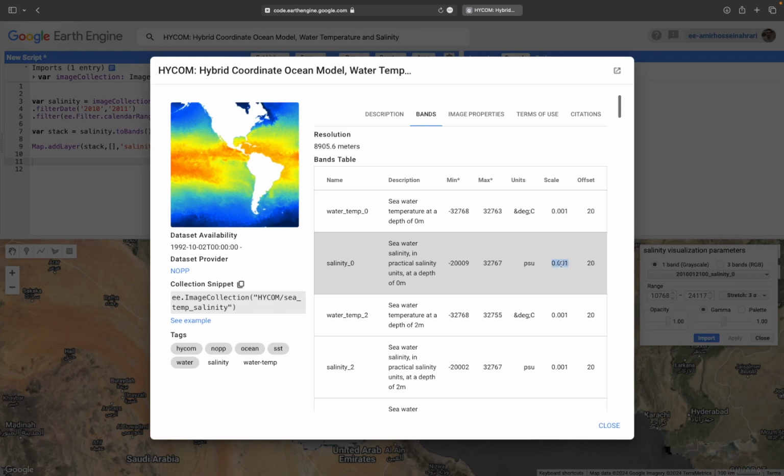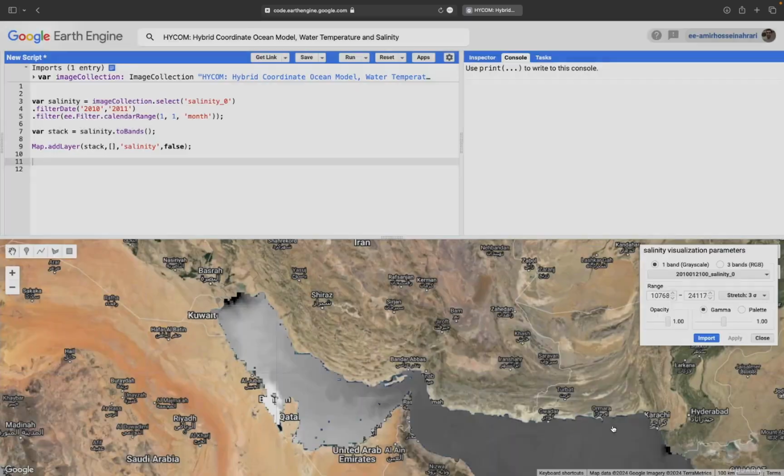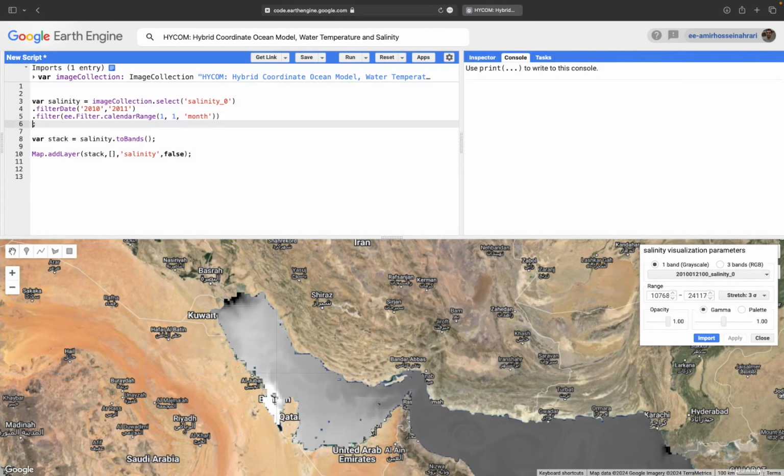So here, copy and paste the value and make a function through dot map. Whenever you want to apply an equation on each element of an image collection, you need to use dot map and then define a function and write your equation inside the function